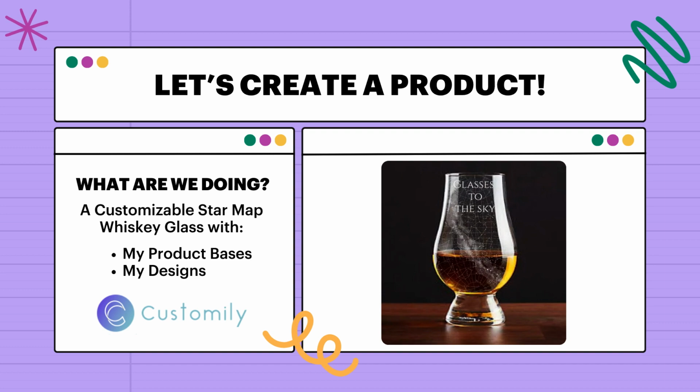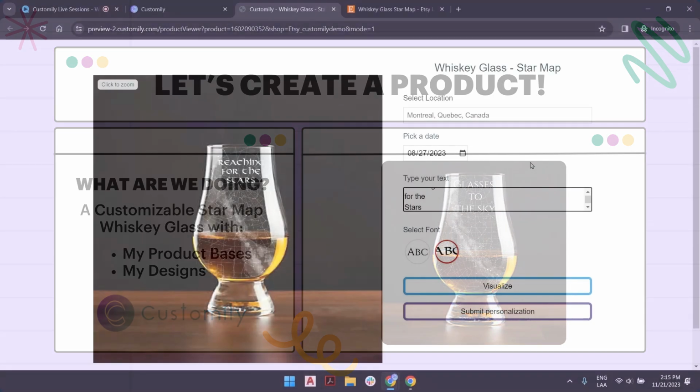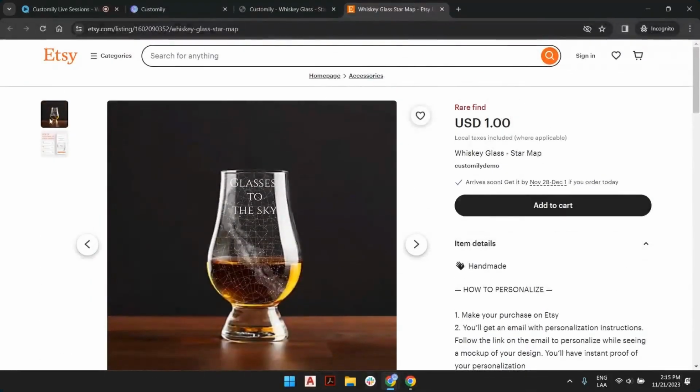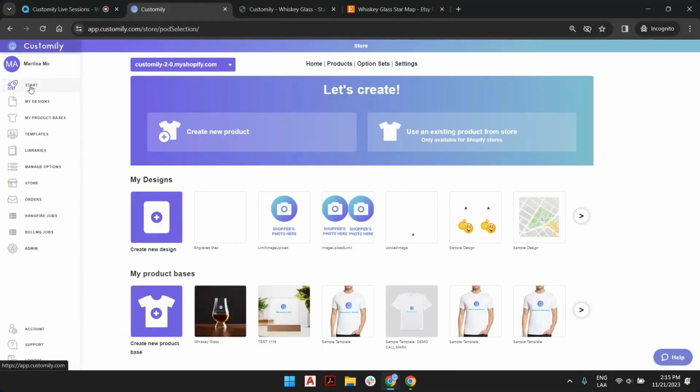We are going to create this whiskey glass star map. And as you saw, this was created on Etsy. And as we mentioned before, you can publish and create templates to connect to products on any e-commerce platform. But at the same time, the 2.0 tools are available for Etsy and Shopify. So if we are interested in using our 2.0 tools, we can go straight to our start section and think